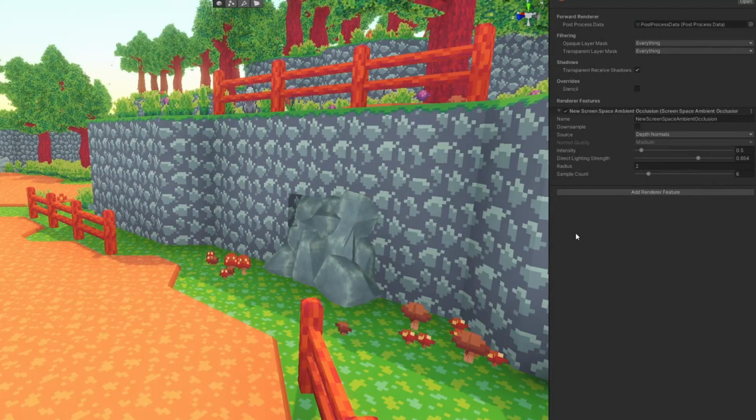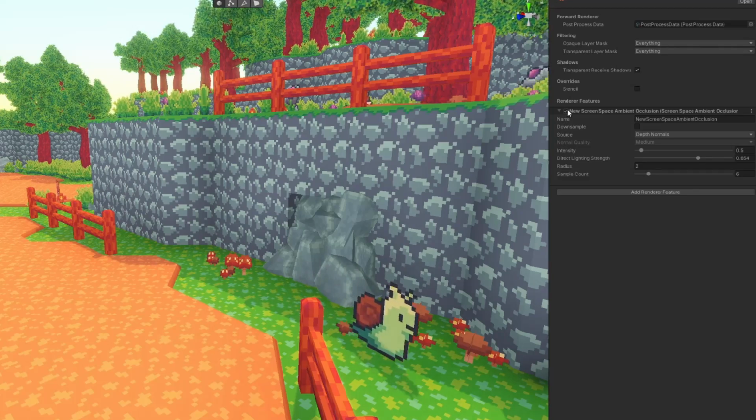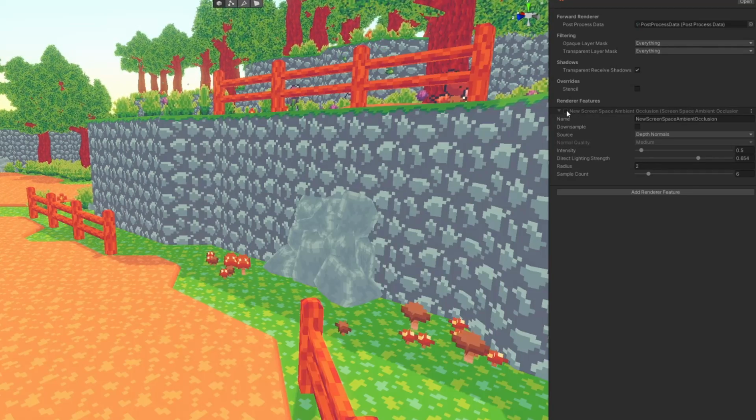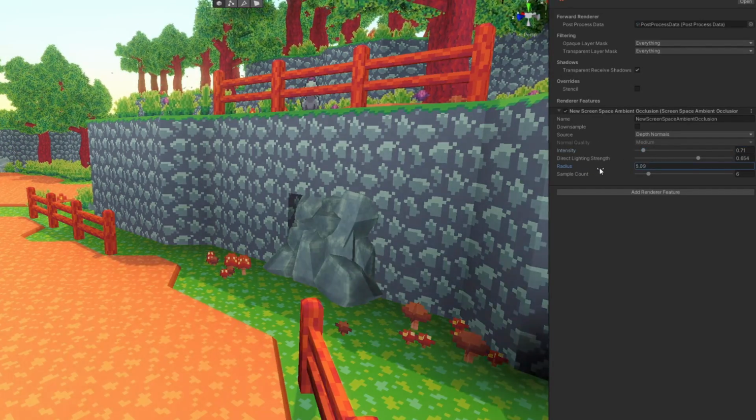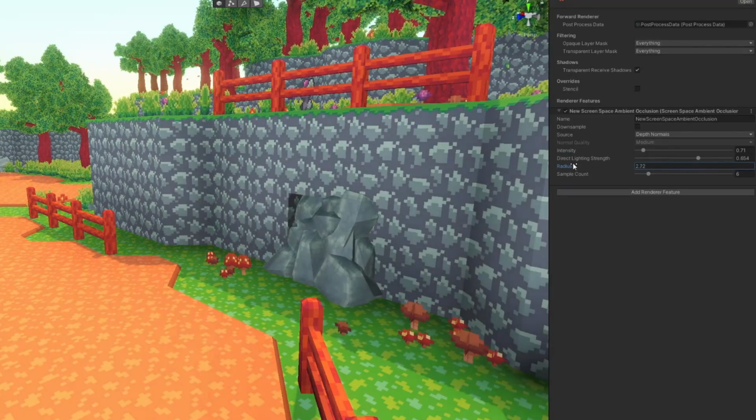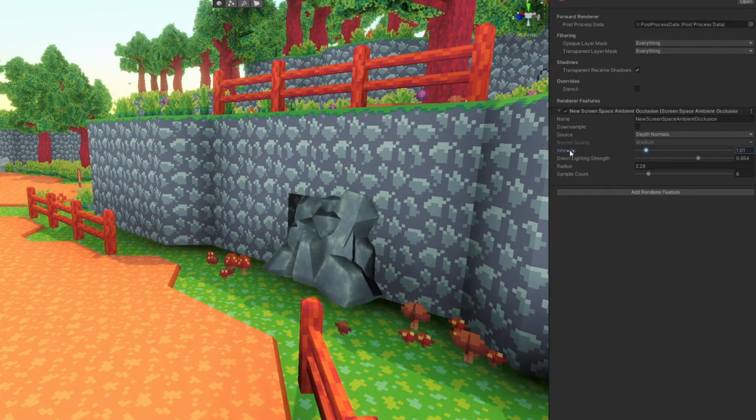Another thing I've been experimenting with here is Screen Space Ambient Occlusion, also known as SSAO. Unity has just so many really cool features that I can use with the Universal Render Pipeline. So I can turn this on and off and you can see the difference that it makes. It just adds so much more depth to the shadows, and of course it can be tweaked, and the values can get pretty extreme. So I'm still toying around with it, trying to get the best possible look for the game, but let me know what you think in the comments. I definitely think that having it on is a big